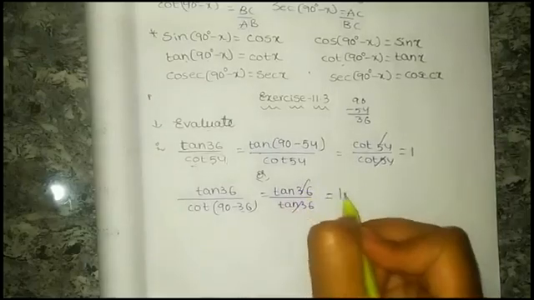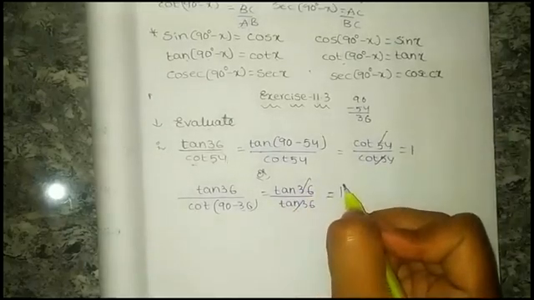Remember that these formulas can be applied when the given angle sum is equal to 90. Here we have 78 and 12. 78 plus 12 is 90. So I can apply these formulas. In other cases, we have to apply other formulas. So I can write this cos 12 as cos 90 minus 78, which is equal to sin 78 from the formulas. Now I am substituting here. Sin 78 minus sin 78 is equal to 0.